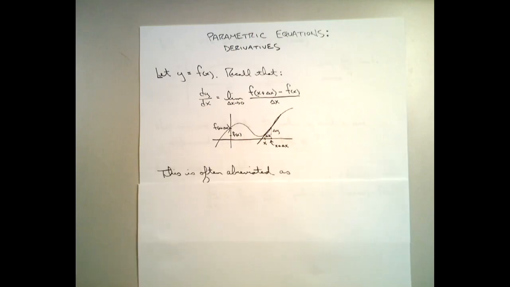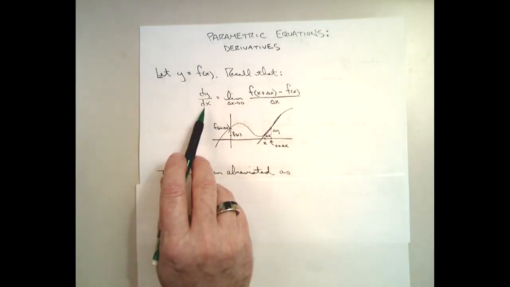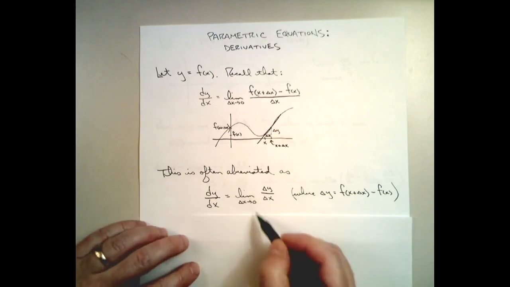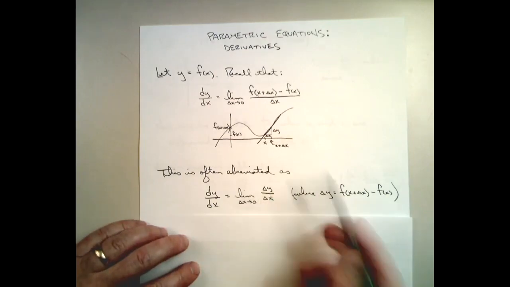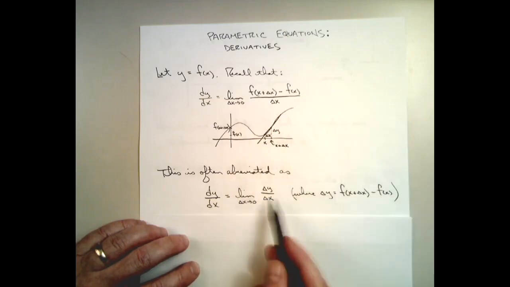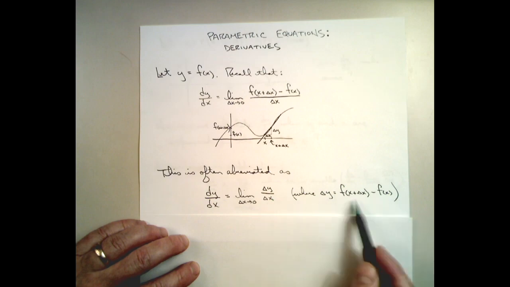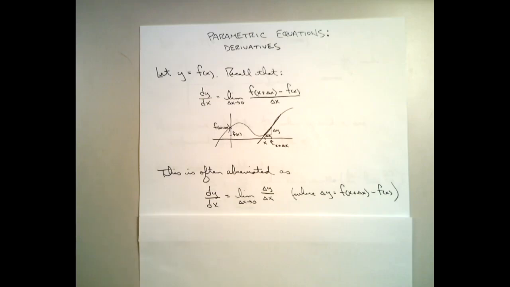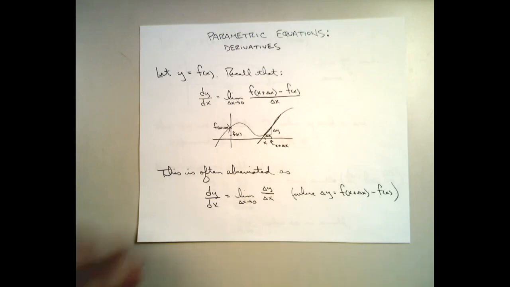This is often abbreviated. We often use dy dx, but sometimes this is abbreviated by writing the limit as delta x goes to 0 of, and instead of writing all of this, it is just a change in y values. We just go ahead and write change in y, where it's understood that delta y means that difference in the y values that are indicated on the diagram. Okay, so with that in mind,